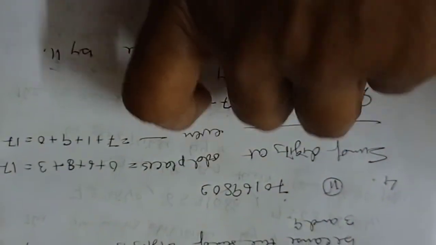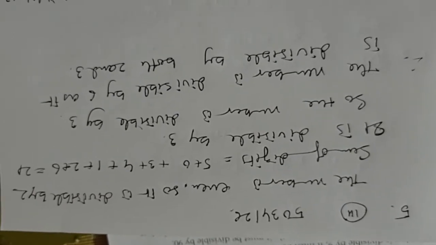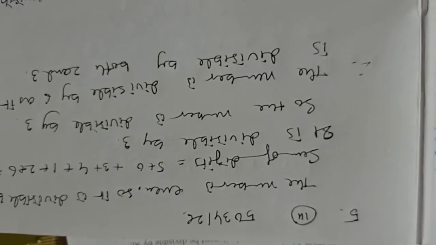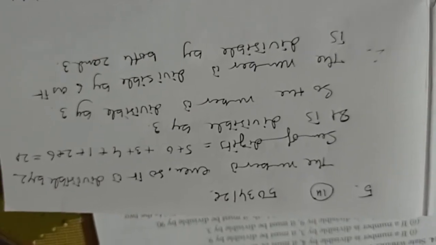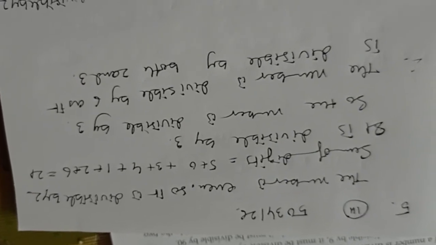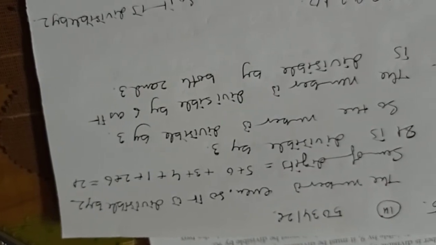Okay, then I have done the next one, number 5. Which numbers are divisible by 6? A number is divisible by 6 when the number is divisible by 2 and 3 both. So first I will see the rule. Divisible by 2: if it is even, then the number is divisible by 2. The last digit of the number is 6, so the number is even. I have written that, the number is even, so it is divisible by 2.